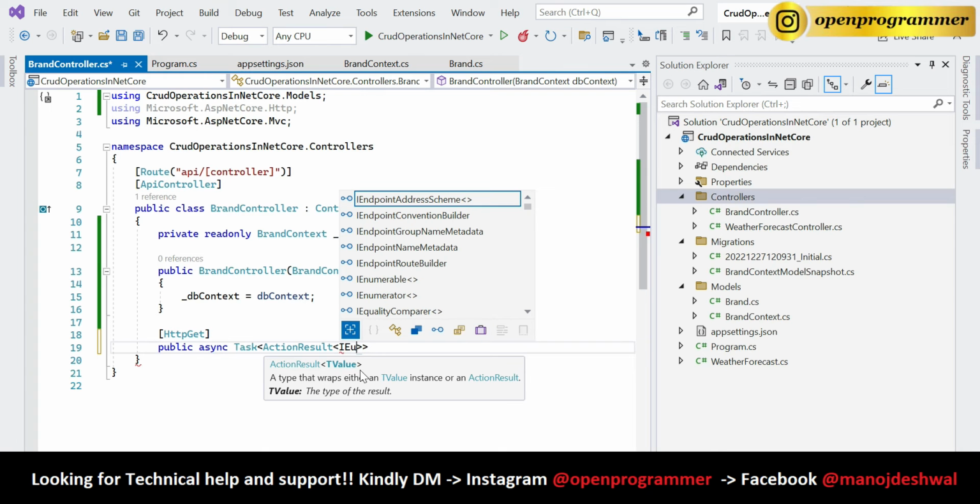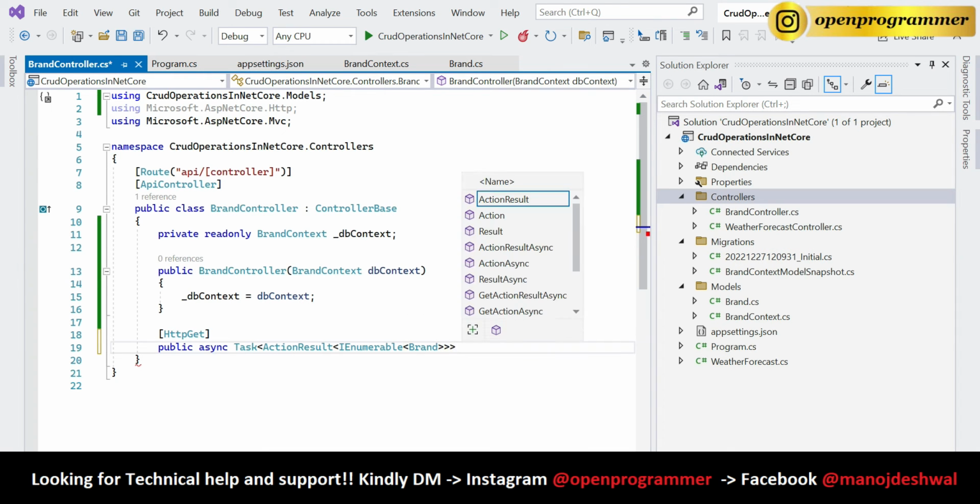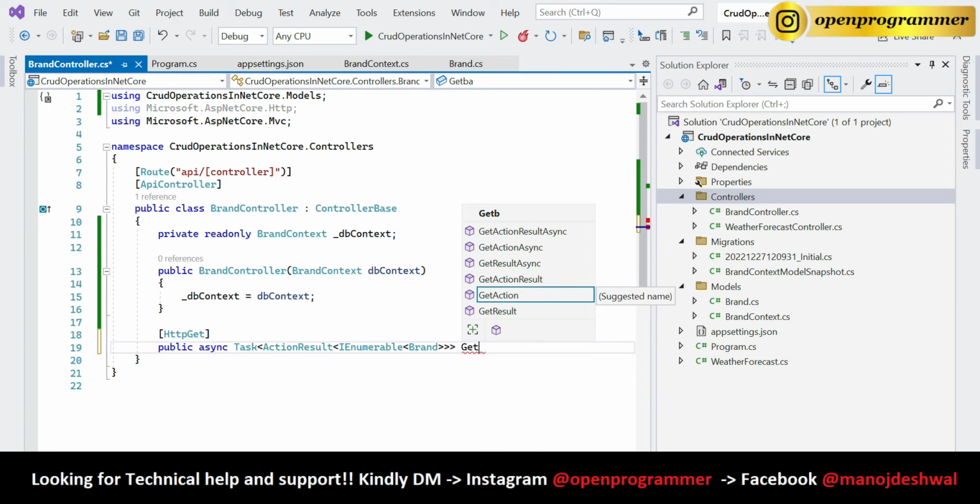So I'll use IEnumerable, and inside this we will use our brand class. So brand, and let's give it a name, get brands,